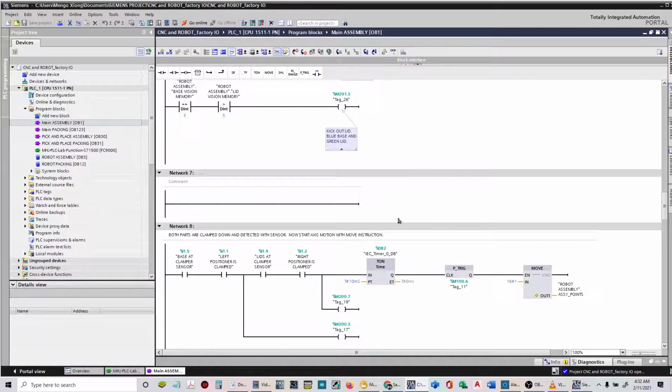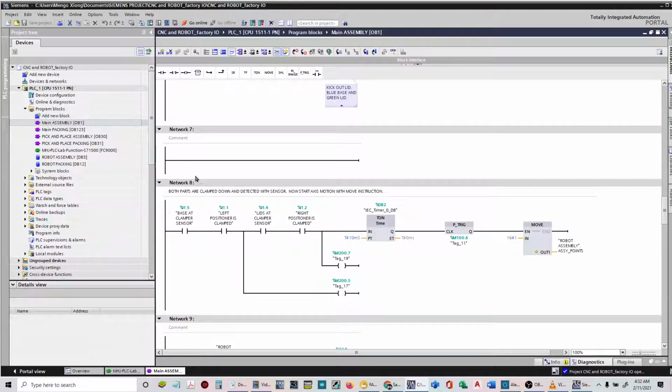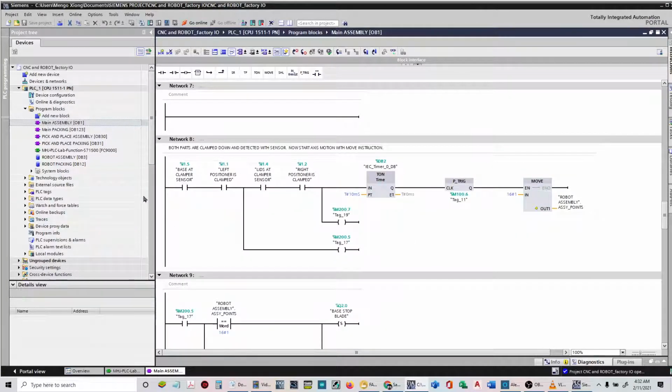It'll be for the next video, but for now we're just gonna assemble the lids, and we'll just stick to that. So I don't know how much everybody knows about ladder logic, but there's a bunch of videos about it. But basically what I'm doing is I am using a shift left register to do a sequence output. So whenever I meet all my interlocks or all of my requirements, I basically want to add a hex word of 1 into my robot assembly, and